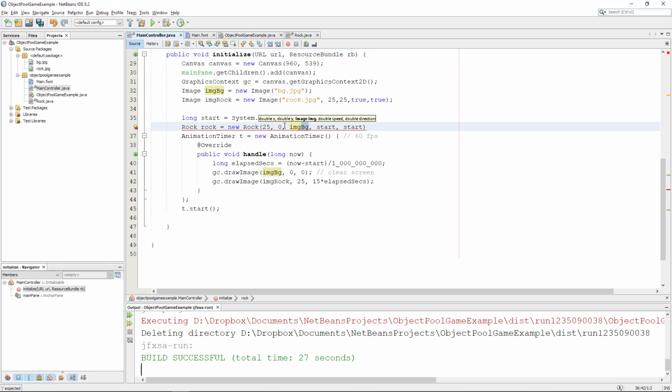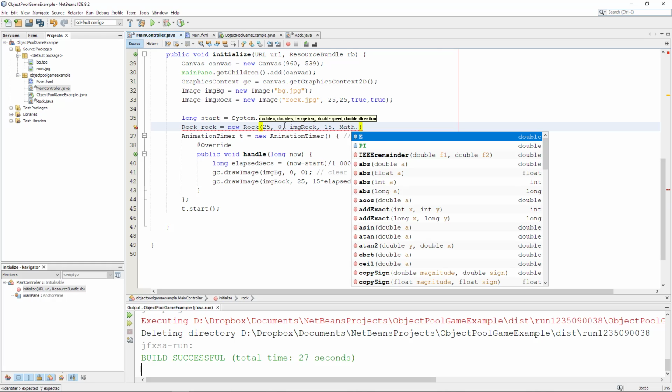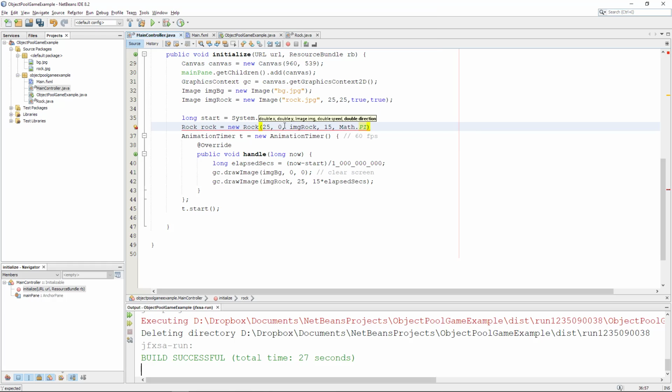It should use the image of the rock, and the speed of it should be, let's say, 15, and the direction should be something like pi divided by 2. And pi divided by 2 will be the direction